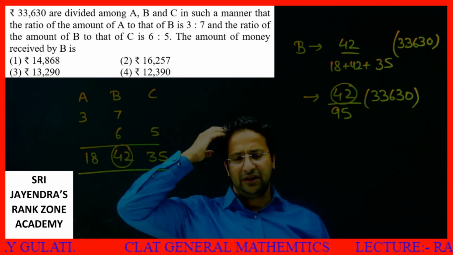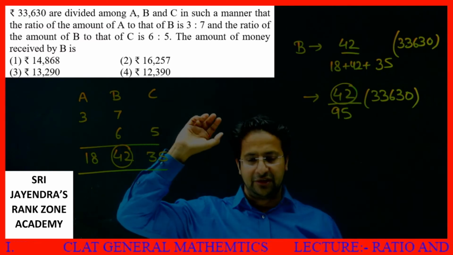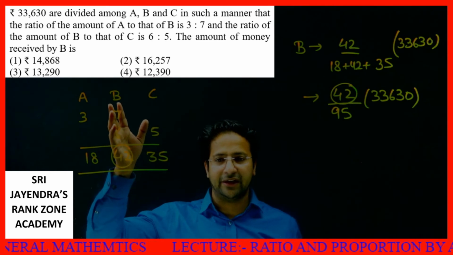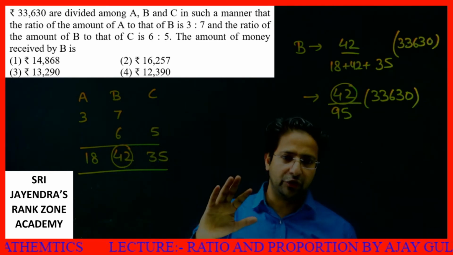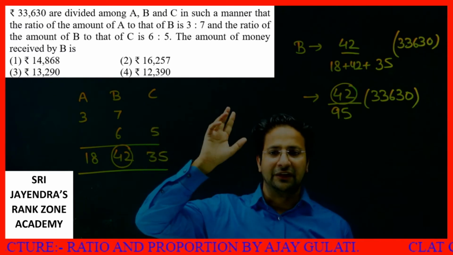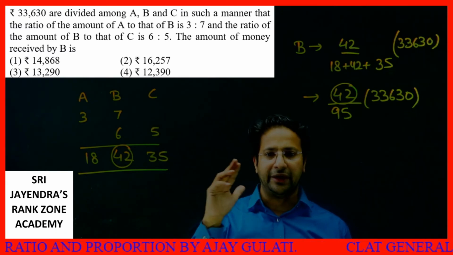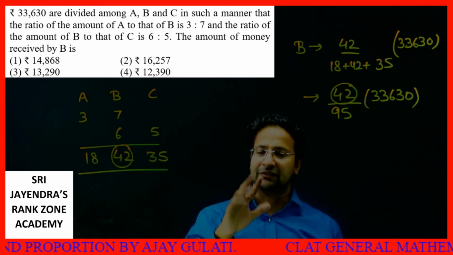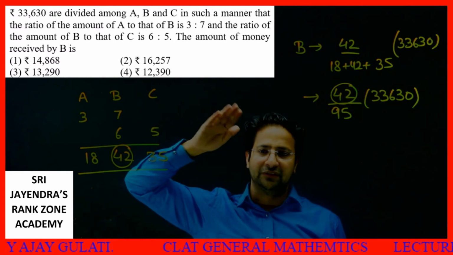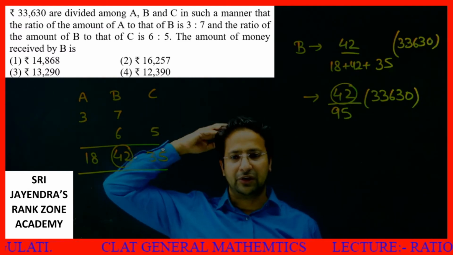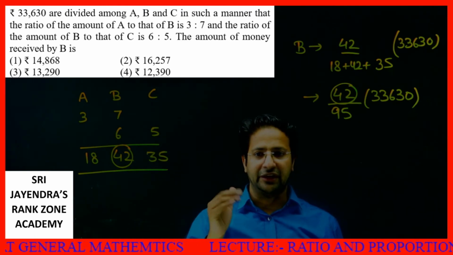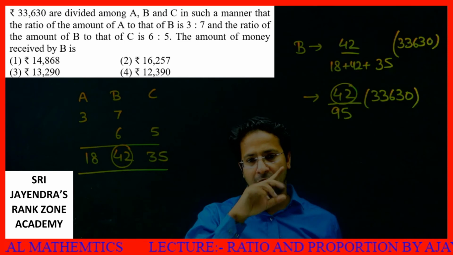14, 8, 6, 8. 14 divisible by 7, yes. 86, I divide. Yeah, 14,868 is divisible by 7, you can check it. 86 you divide by 7, 80 till 84 it is divisible. Remainder is 28, so it is divisible. 16,257, no, it is not divisible. 13,62,69 is also not divisible. Last option 12,390, 12 divided by 7 is 5, 53, 49. Yeah, option 4 and option 1 are divisible.